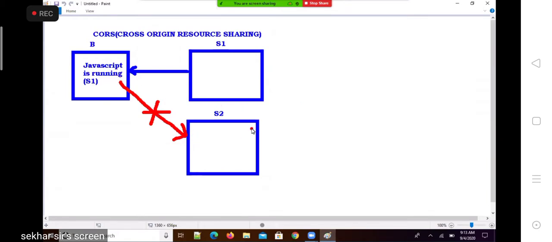If the application running in S2, the server 2, is not enabled to cross origin request, then the script running on this browser cannot access anything from S2.